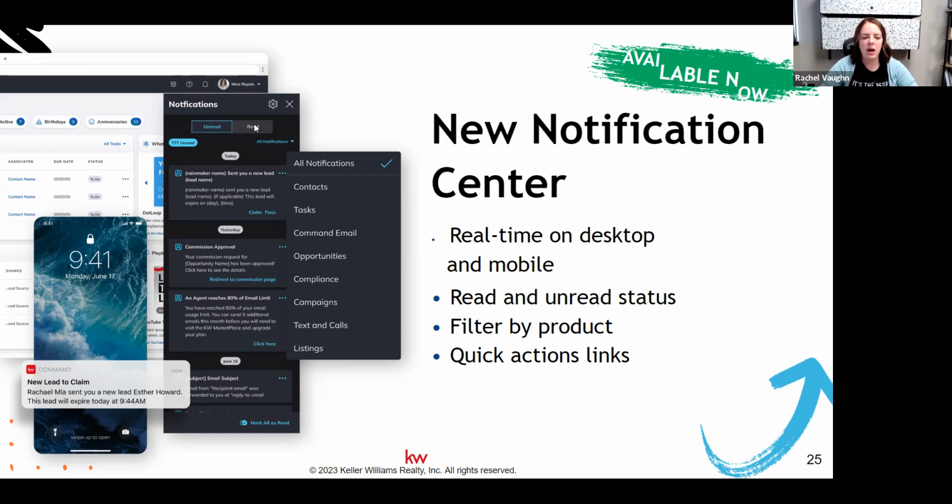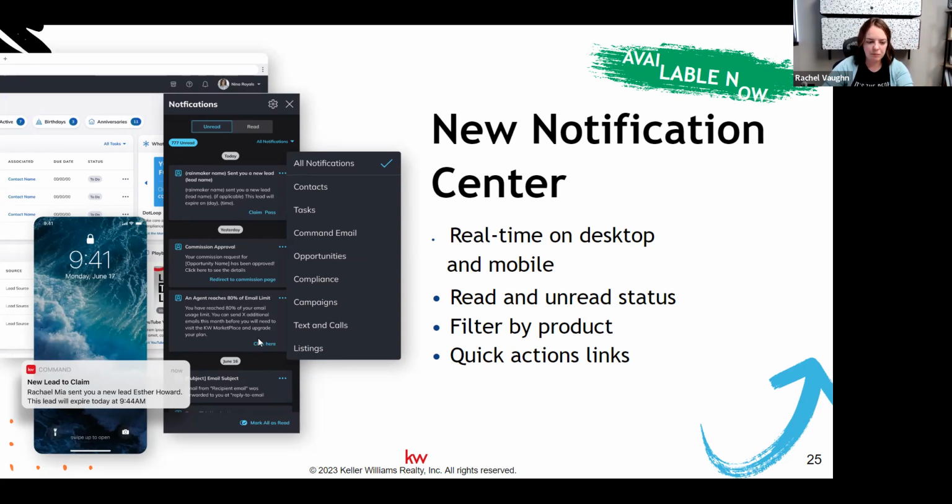So you can click on read and find those. You can also filter by notification type. If you only want to see notifications for compliance, you can, or opportunities, or Command email responses, or your listings, anything like that, you can now